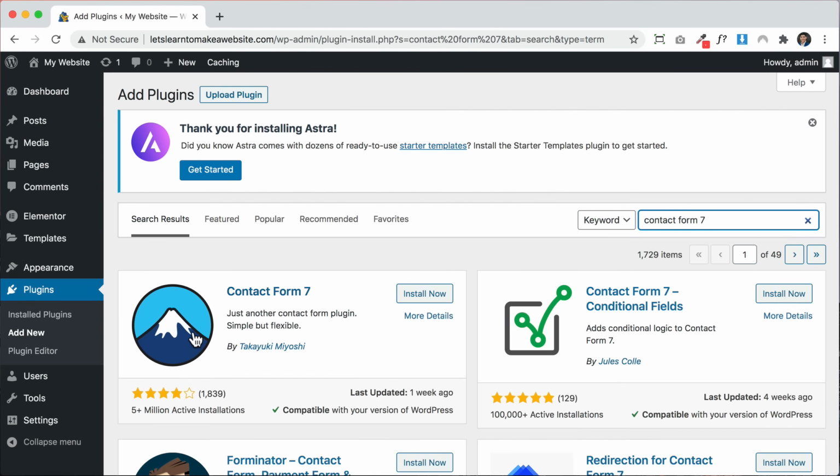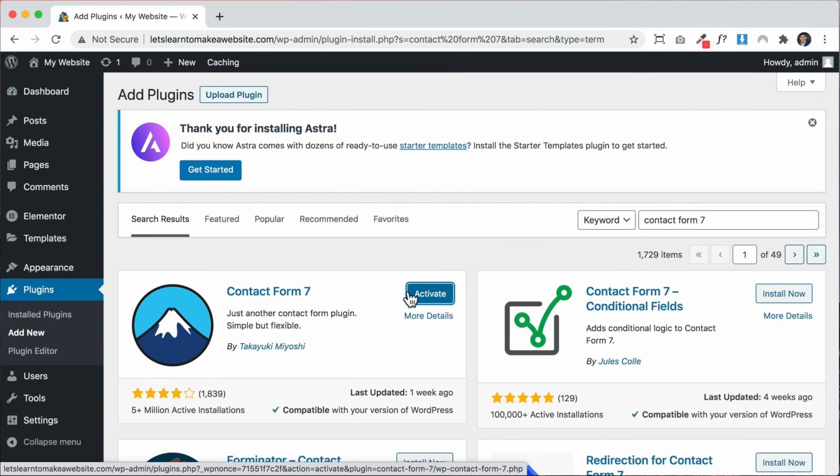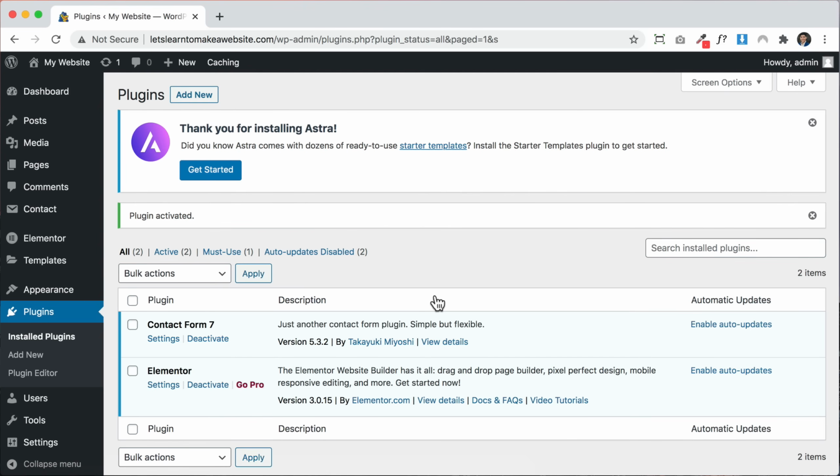And it's this little mountain icon right here. We're going to click install. This is going to allow us to add a contact form to our contact page so people can send us messages right from our website. We're going to go ahead and click activate, and we're going to add one more plugin,